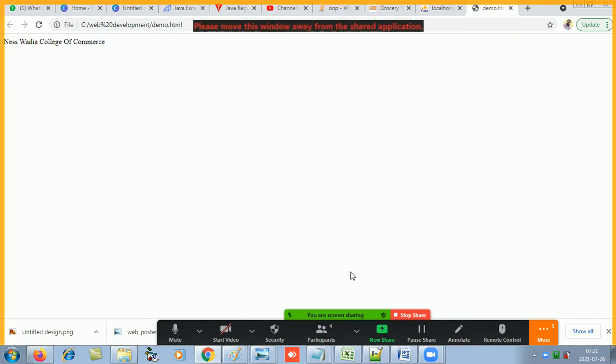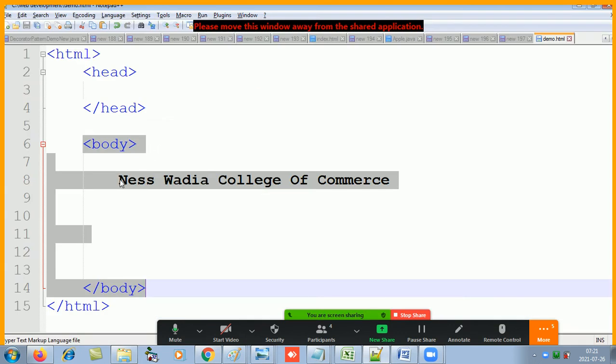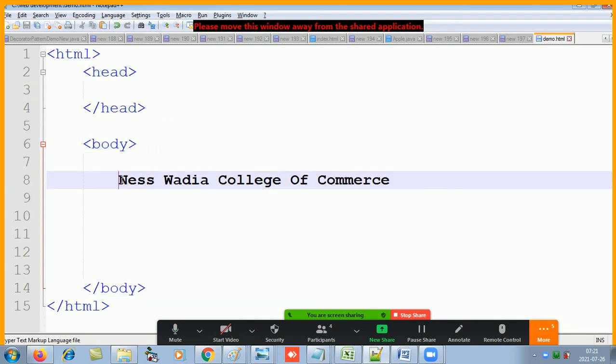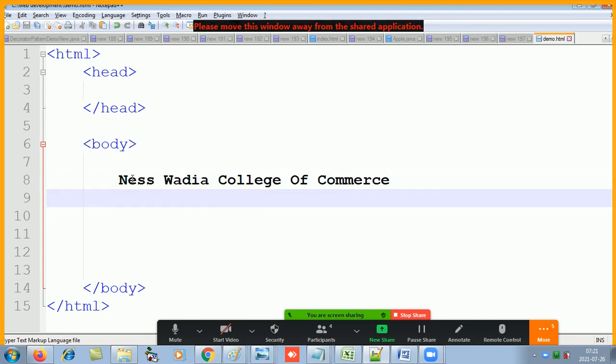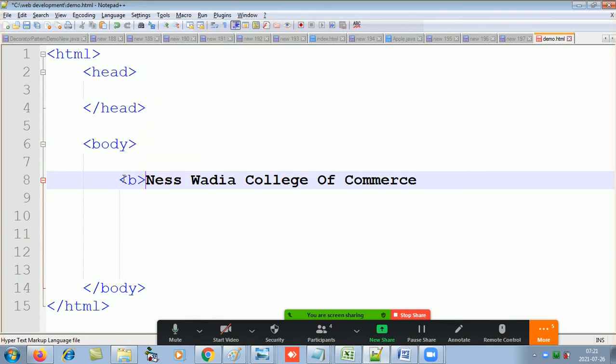font size. Now if I want to add some effects to it, this is where HTML comes into place. So if you want to add some effects to this, the presentation part, now if I want to present this in a different way, let's say I want the name to be in bold, so I'll add a B element over here.